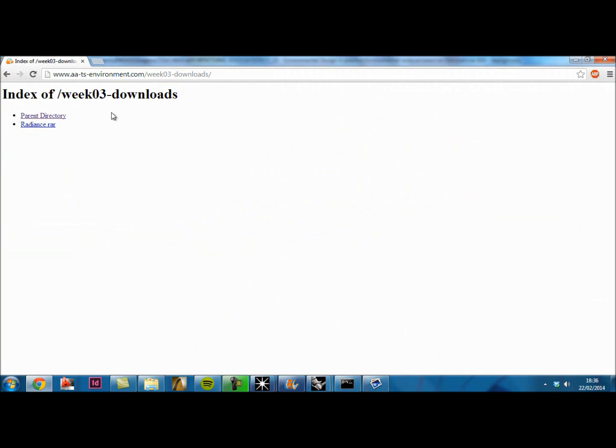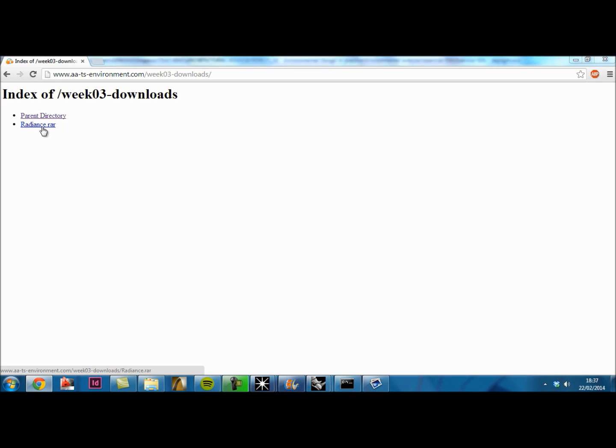Now, in there, I haven't filled this up yet, but there is a file called radiance.rar. That's a file you're going to need in order to run Radiance. So if you copy that onto your desktops and unpackage it,